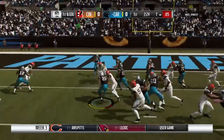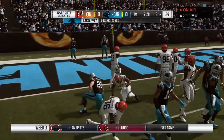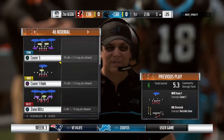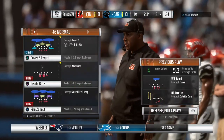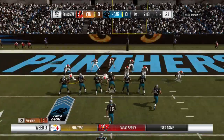They'll try to run with McCaffrey. And a little bit of space there. Takes it inside the 5 to the 3. A pickup of 4 on first down. It'll be 2nd and goal. When we talk about being on schedule, I think they're on schedule after that run, getting it right down there